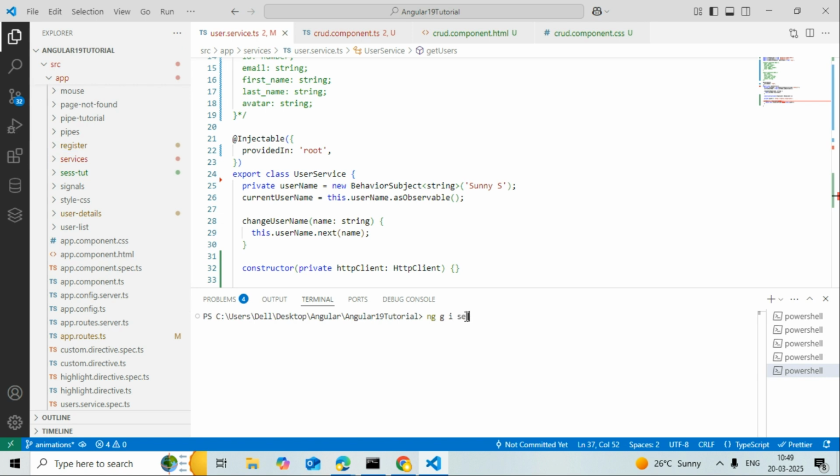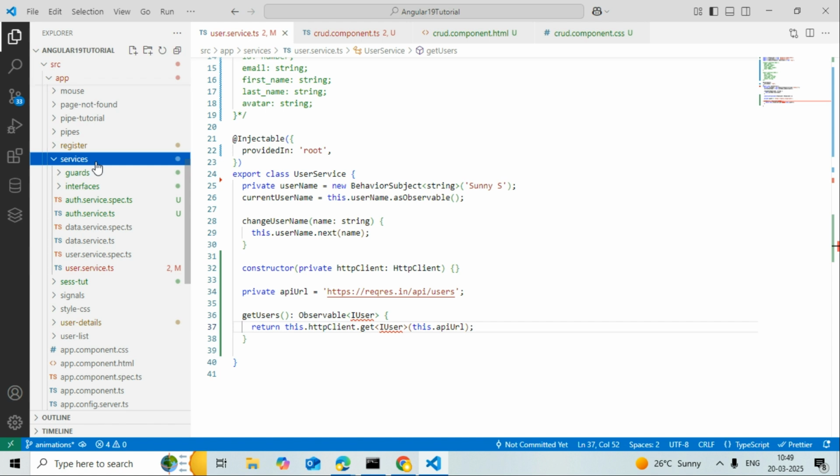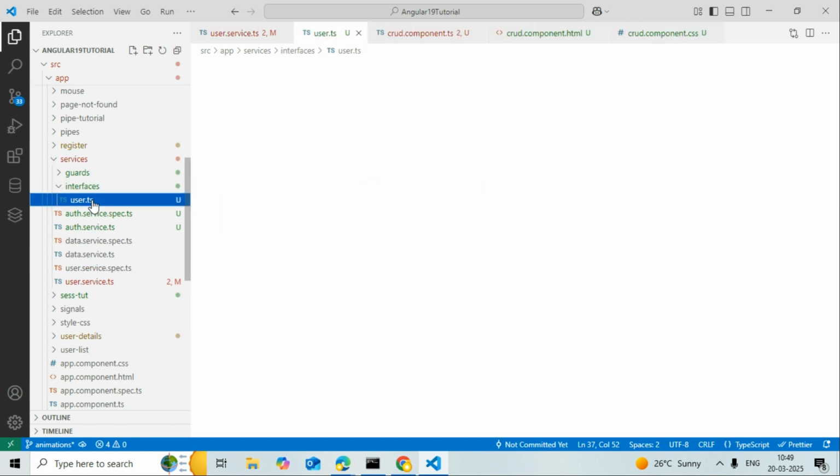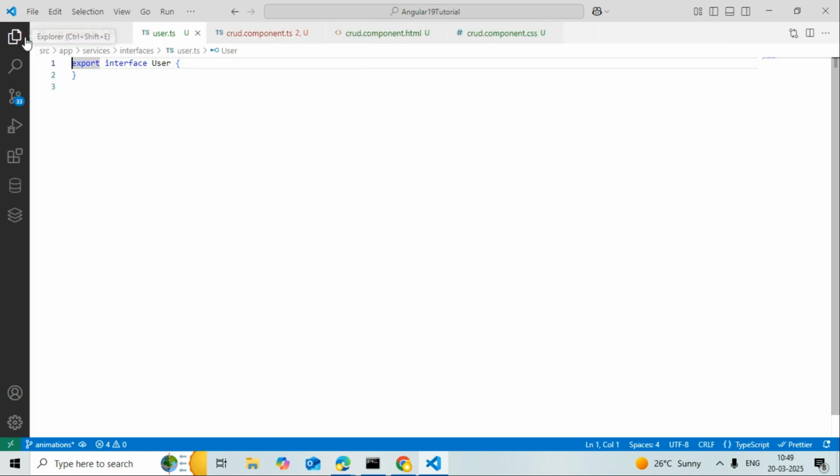I'm going to use services, then interfaces, and let's make it user. Inside services, I have created this user.ts. So I will make it IUser,